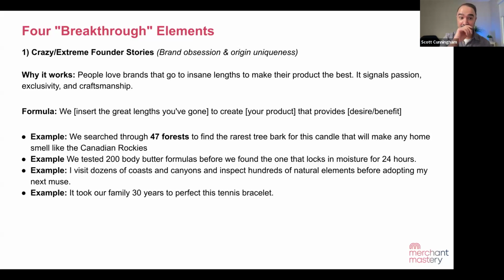That's why I put the word crazy in there. Okay, this is another one that I actually wrote, a jewelry brand in Merchant Mastery, Shabella. It took our family 30 years to perfect this tennis bracelet. So far, so good. Okay, so that's element one: introducing a crazy extreme founder element, the lengths you've gone to.